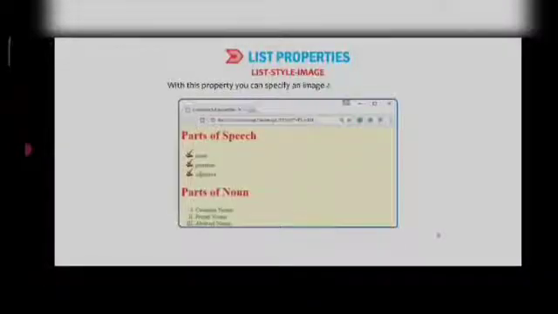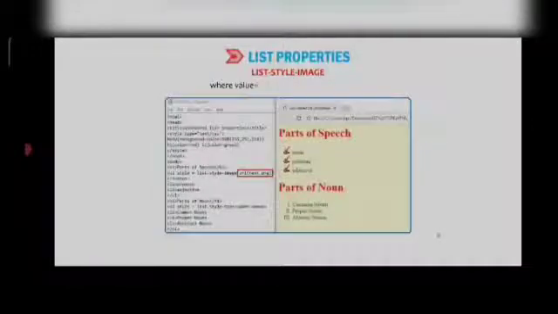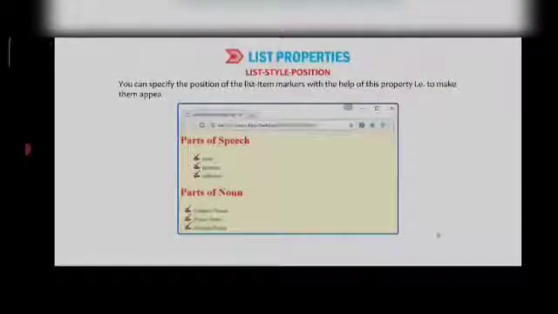List-style-image. With this property, you can specify an image as the list item marker. Syntax: list-style-image: value, where value equals URL, the path of the image, or none. List-style-position: you can specify the position of the list item marker with the help of this property, that is, to make them appear inside or outside of the content flow.